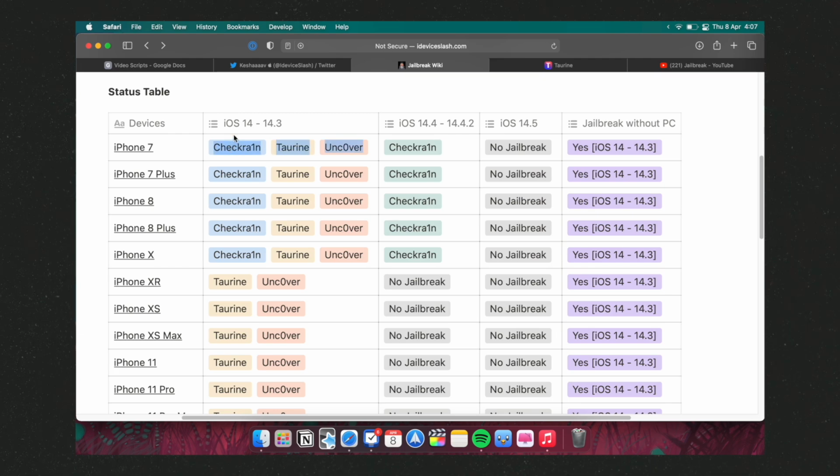So iPhone 7, as long as it's running on iOS 14.4 to iOS 14.4.2, I can use the checkra1n jailbreak to do that, which I simply came to know with the help of the status table. Now, can I do that without a PC? Well, only if my iPhone 7 is running on iOS 14 to iOS 14.3, which it's definitely not because I'm talking about iOS 14.4.2 here.